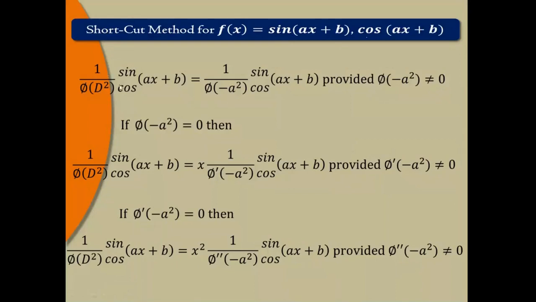The only thing we have to remember is that there is a substitution for the D square term, not single D. There is no substitution for single D for a sine or cos term. If there is a single D term, we have to keep that D term as it is. If you have D cube, then we can write it as D into D square, then do the replacement only for the D square term. Keep D terms as it is. If you have D raised to 4, write it as (D square) square and then do the substitution. So if you have D square, then only do the substitution. Single D terms, you keep as they are.